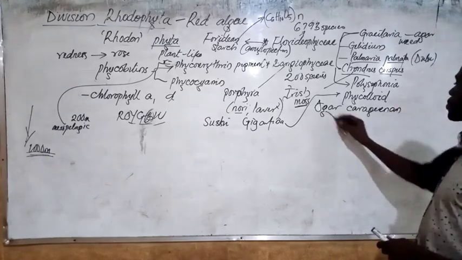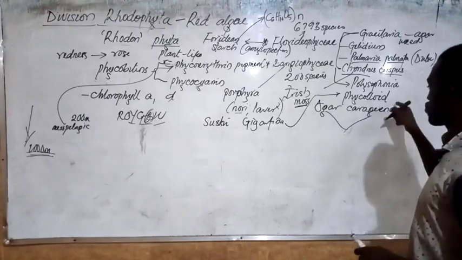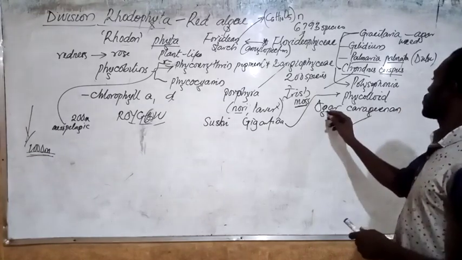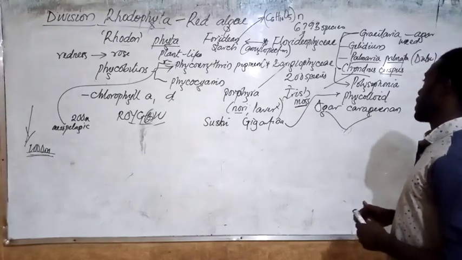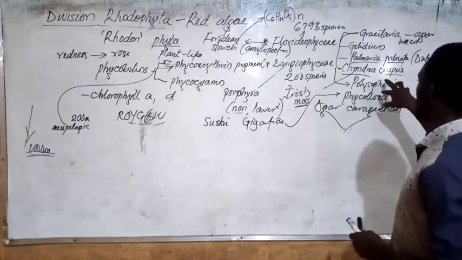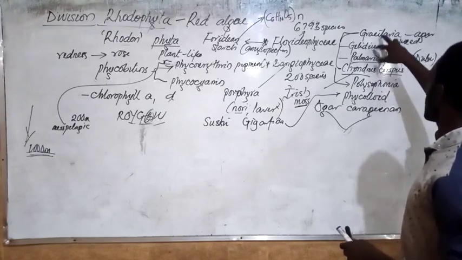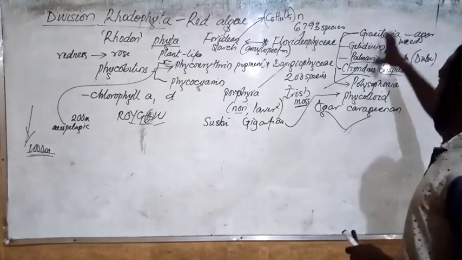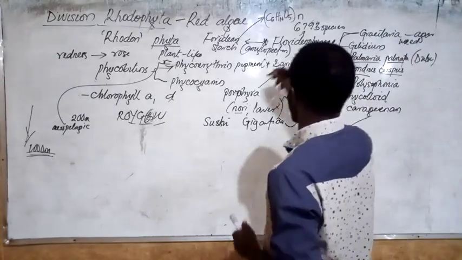They are the most common phycocolloids that are extracted from Polysiphonia, especially Chondrus species, Palmaria palmata, and this, the carrageenan, is a good source of carrageenan. Another type of Floridean starch,